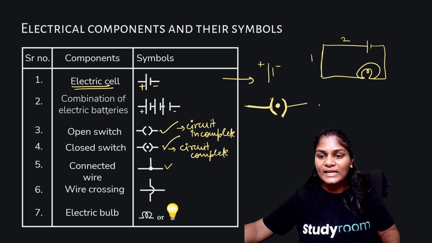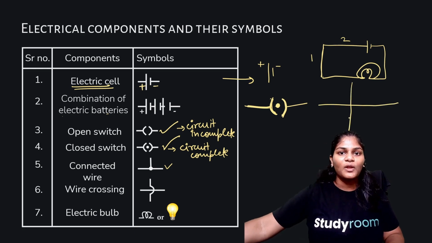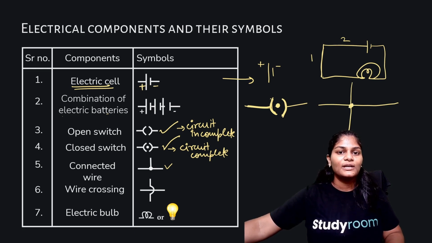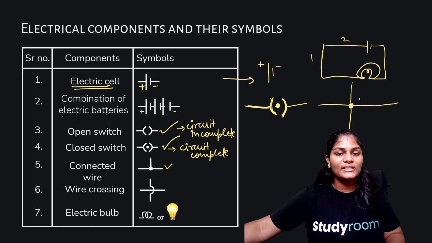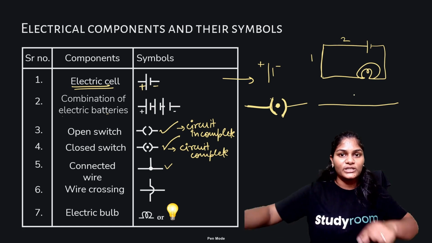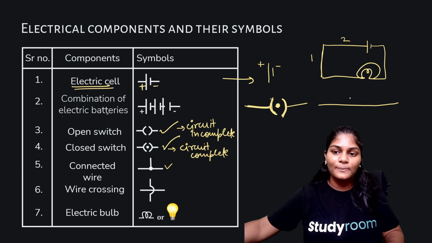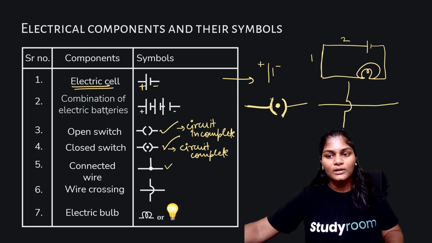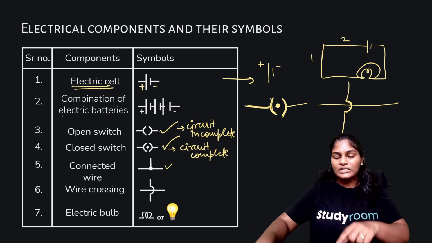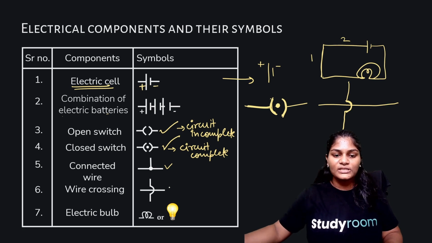So how do you represent that? Like if this wire is going straight and this wire is crossing it. If I draw it like this, what does it look like? That they're meeting at this point. Right? It looks like they're joined at this point. But if I don't want to show that, how will I represent it? This wire is not actually joined, it's just above it. When you look from above, it looks like they're joined, but they're not. How do we represent that? We bring this wire here and we take it like a speed bump and we take it like this. So this representation shows that this wire is not joined, but is actually going above the other wire. This is the wire crossing.